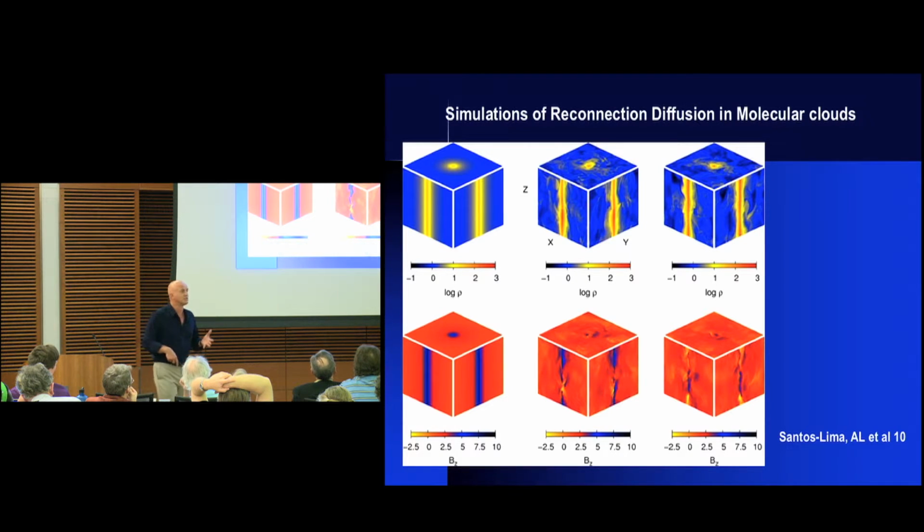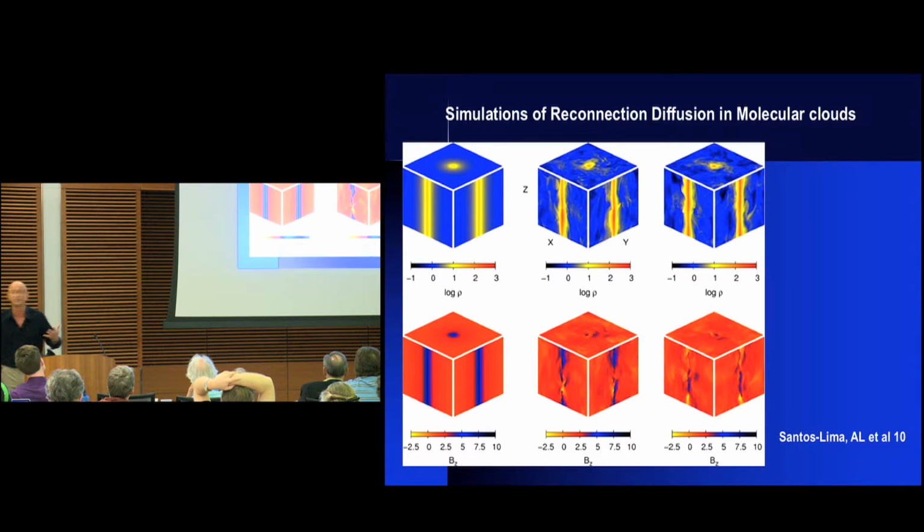The problem nowadays is that if you don't do a numerical simulation, no one believes; you can write all these equations, who cares? So it was very important that there were simulations by Santos Lima, a Brazilian student, who took the computational box where initially we have a situation with a concentration of both magnetic field and density, and as we introduced turbulence, magnetic field would diffuse, as we expect for the light fluid from the gravitational potential, and